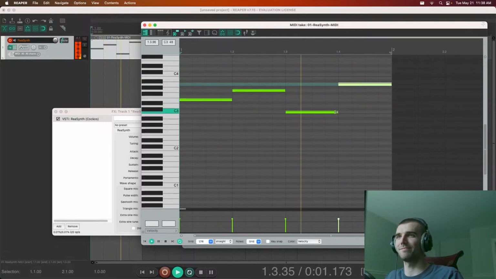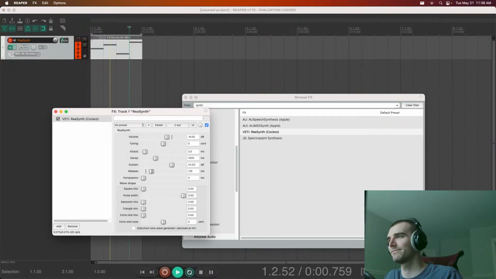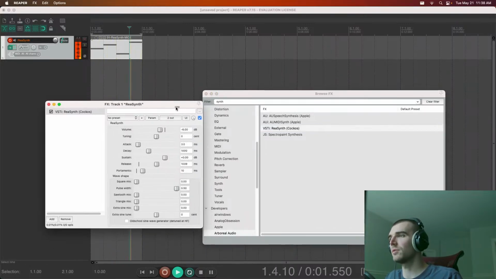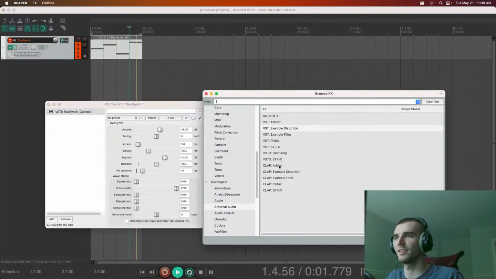That just ain't it. That's okay. That's okay if you add a little effect to it, but we need to focus on the task at hand, which is